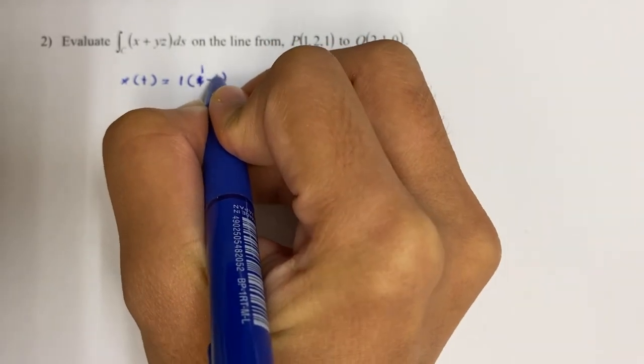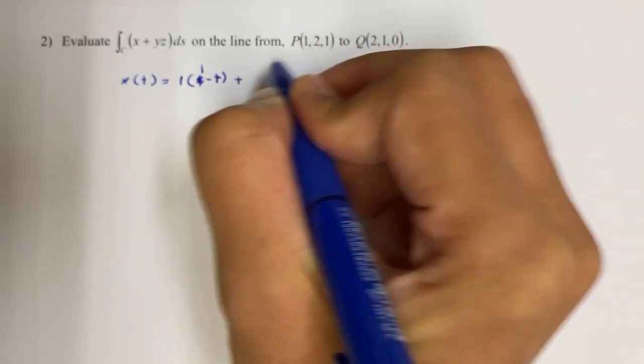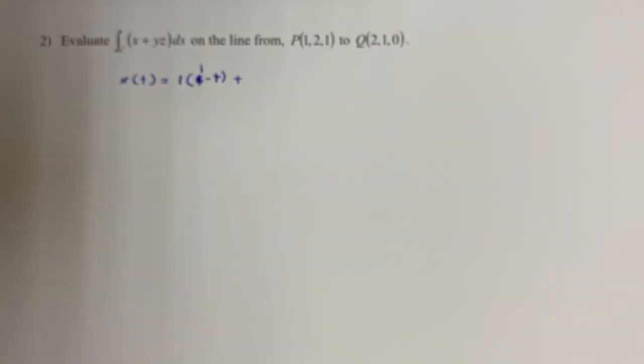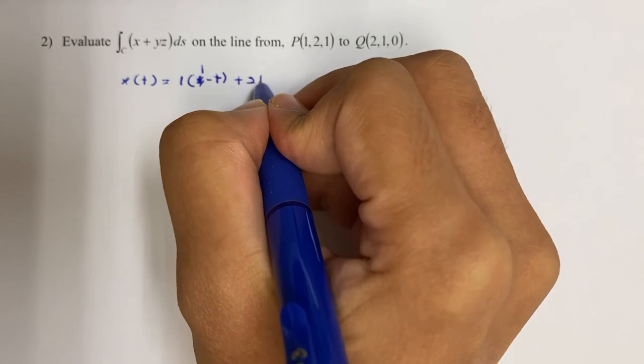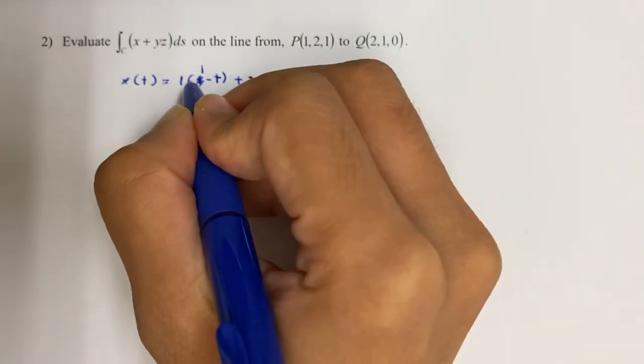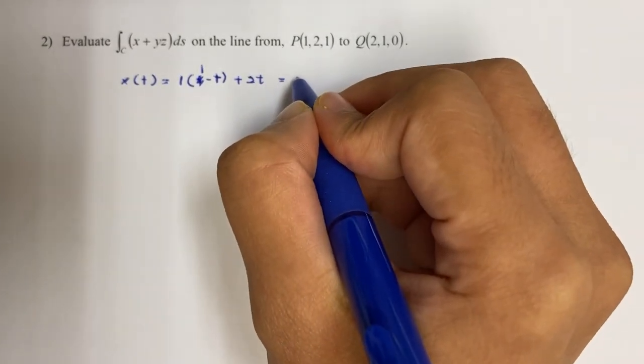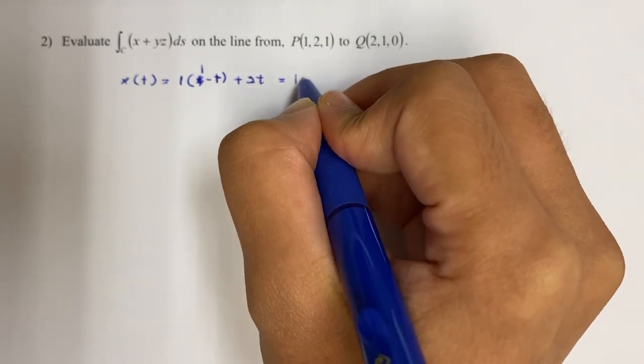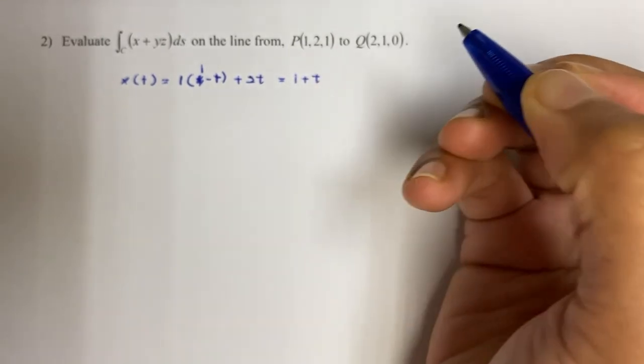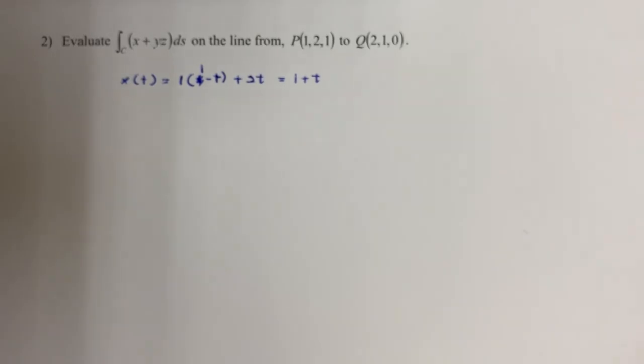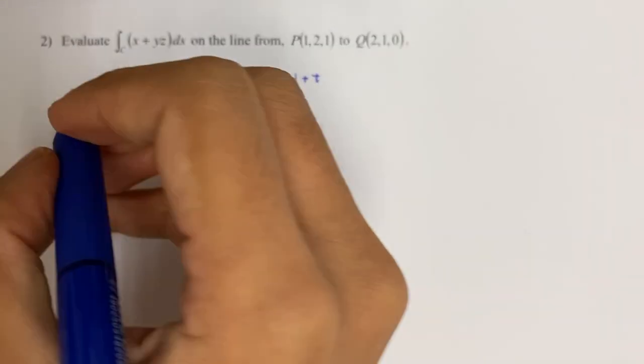1 minus t plus x1, which is 2, multiplied by t. So this is equal to 1 minus t plus 2t. So I have 1 plus t for x(t). And then for y(t),